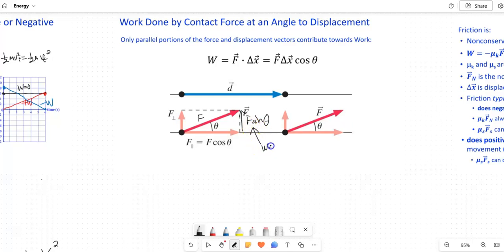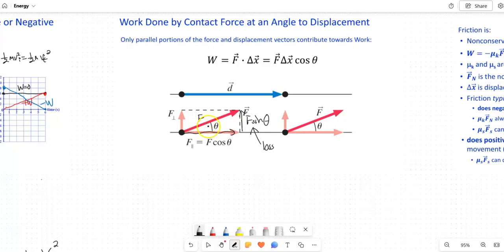This is a waste of energy. This is a loss. L-O-S-S. Only the part of the force that is parallel to your displacement is going to